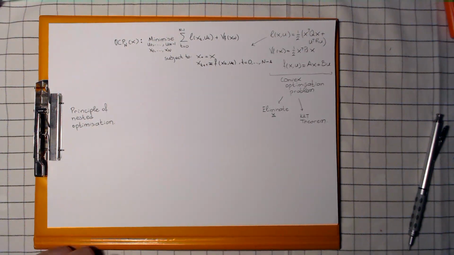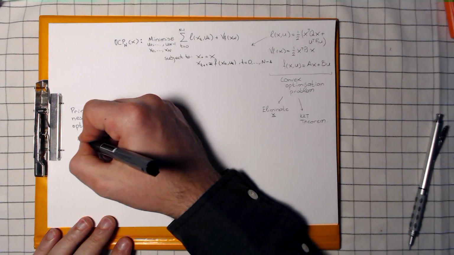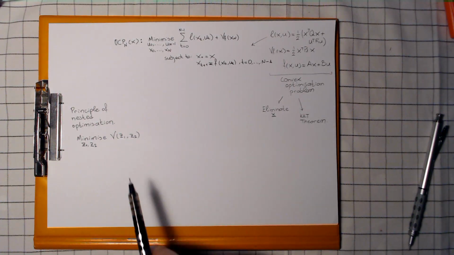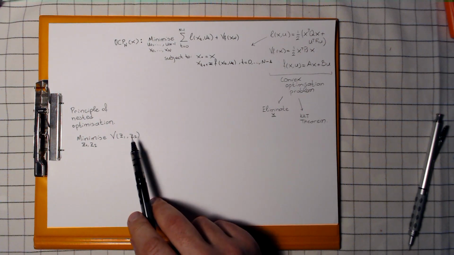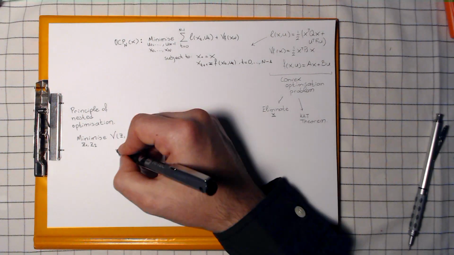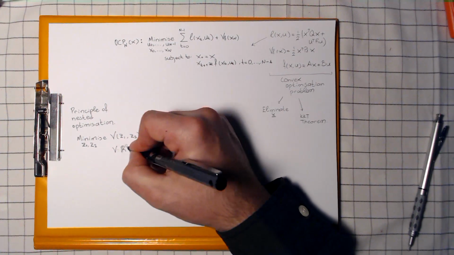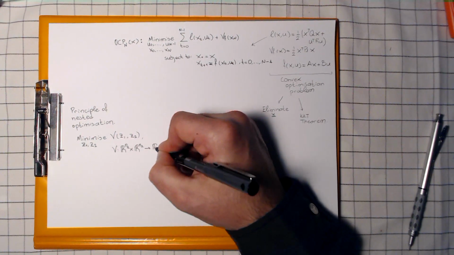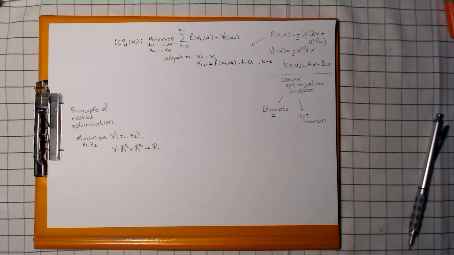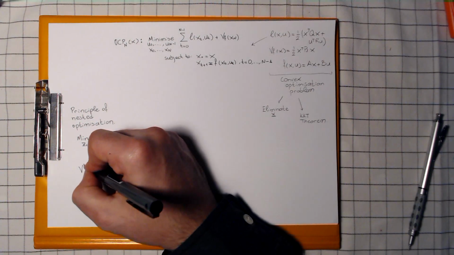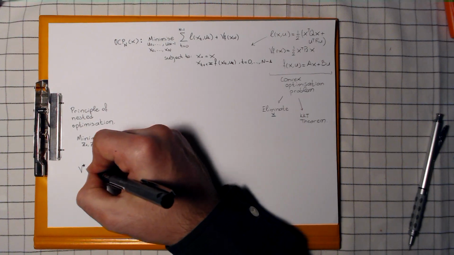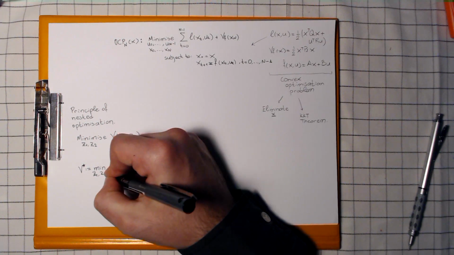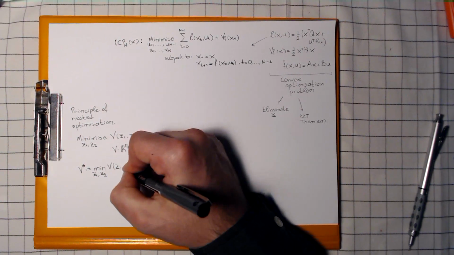The principle of nested optimization allows us to address problems of this form. So, optimization problems where we have a cost function that depends on more than one variable. Here, v is a function that takes a vector of dimension n1 and a vector of dimension n2 and returns a number. And the principle of nested optimization states that if v star is the optimal value, meaning if v star is defined as the minimum with respect to z1 and z2 of v of z1, z2,